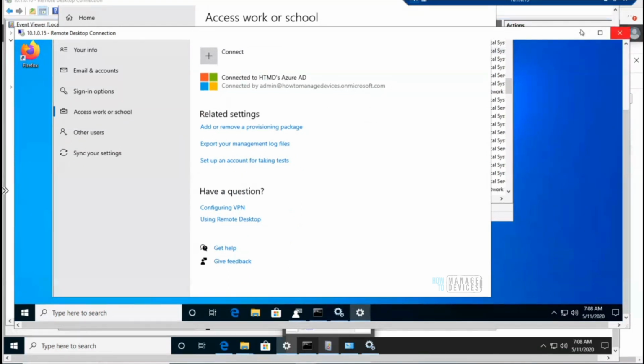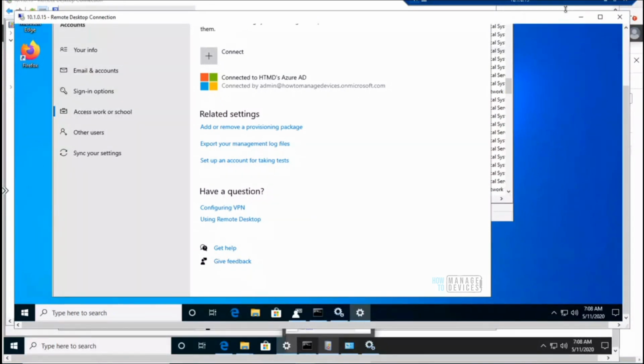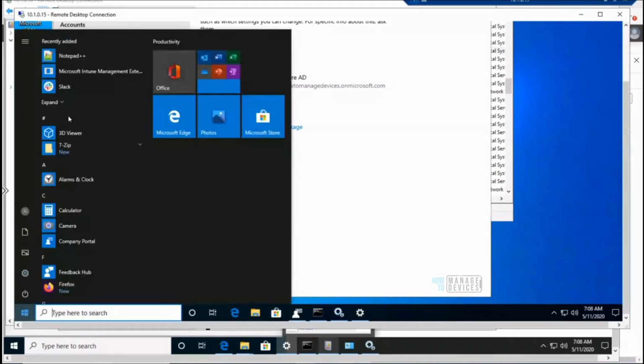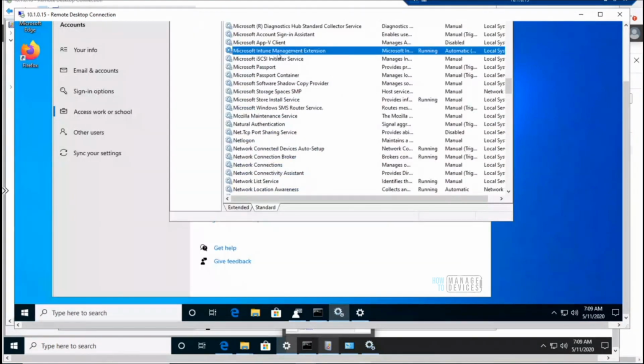Okay. So what is the difference on this device? This is the only device which got the Intune management extension installed. Let me see, Notepad++ is installed over here, right? And I can even see the Intune management extension service here.